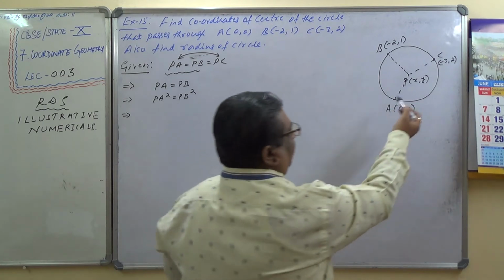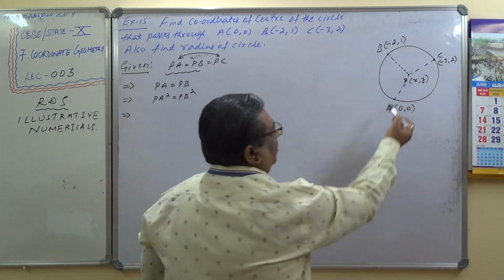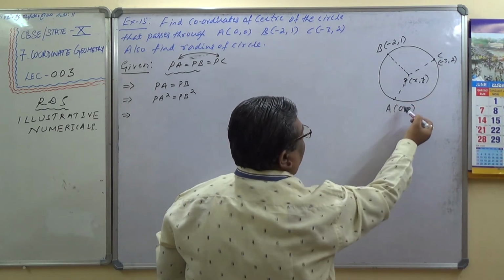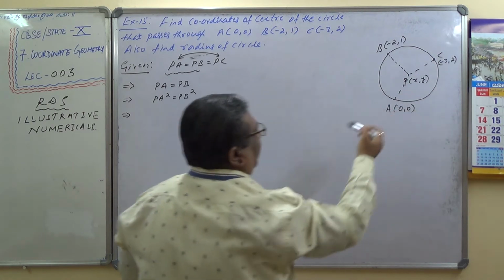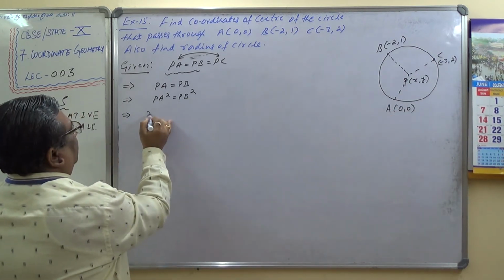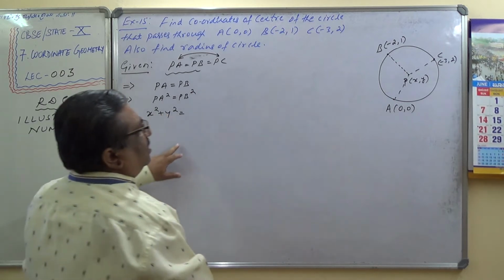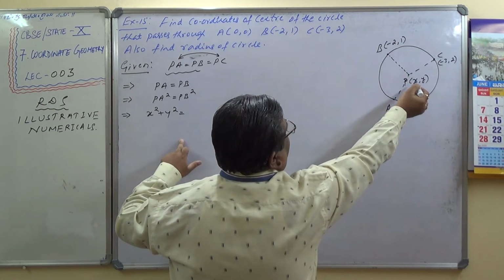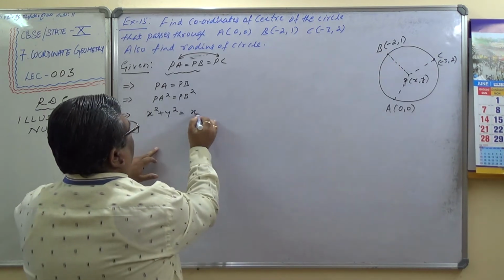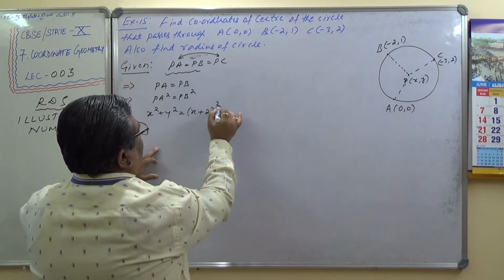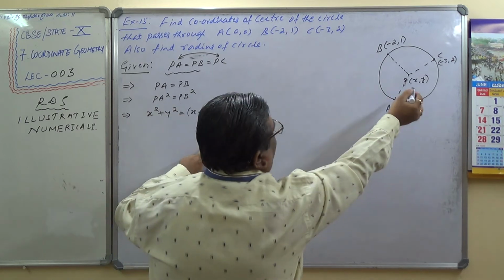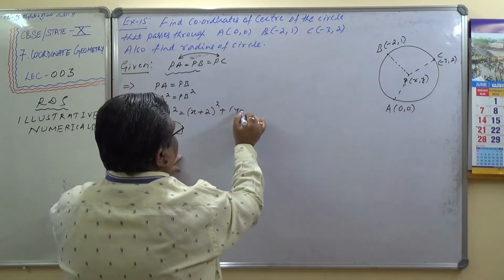Therefore, the advantage of diagram is, see here, x minus 0 the whole square plus y minus 0 the whole square is PA, which is nothing but x square plus y square. PB square, x minus of minus 2, x plus 2 the whole square plus y minus 1 the whole square,